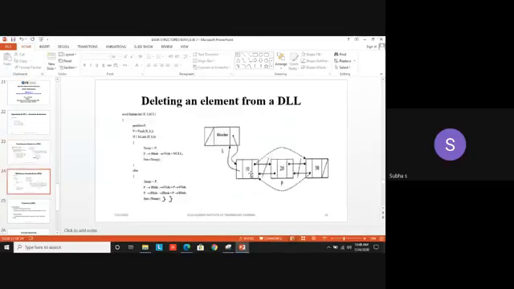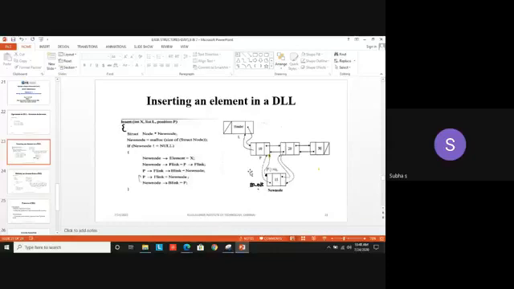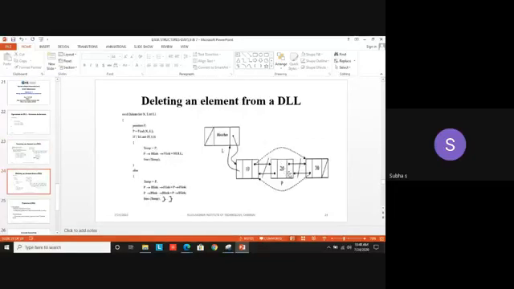Now let's see how to delete an element from a doubly linked list. Okay, one more thing. Just forget these dotted arrow marks, that slash and all. After inserting 15, what will happen? So this is my node. After inserting 20, you can assume like that. Or you can have it as 10, 15, 20. You can rename these nodes. Assume that 10, 15, 20. After insertion, your linked list will appear like this.